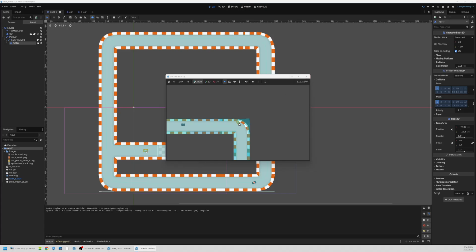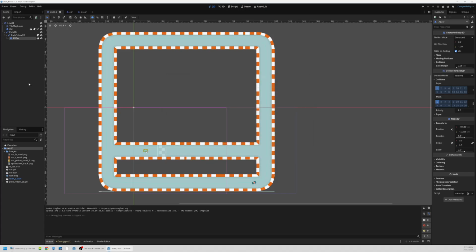I've actually made my track here, and I've demonstrated a little mistake. You can see my collision shapes for my curve actually come to a point where they don't intersect cleanly with the collision shapes for my track. If I crash at this point here, my car gets stuck because I haven't got a reverse on my car. It can only go forwards, and so there's no way for it to get around this point. So you need to make sure that as you're creating your collision shapes on your tiles, you don't have any gaps or any points where they're put together, or your car can get stuck. All right, so let's get into actually having a go at building